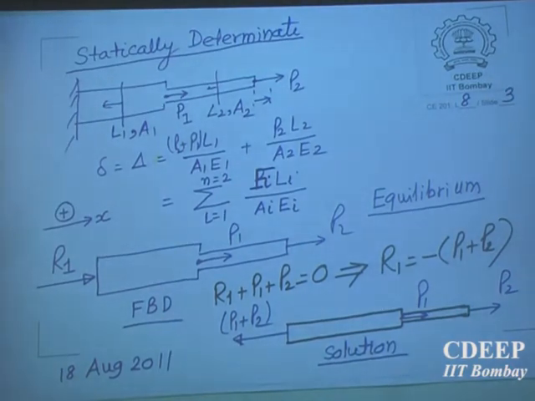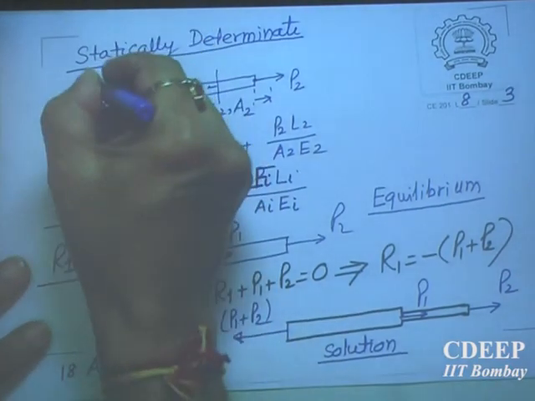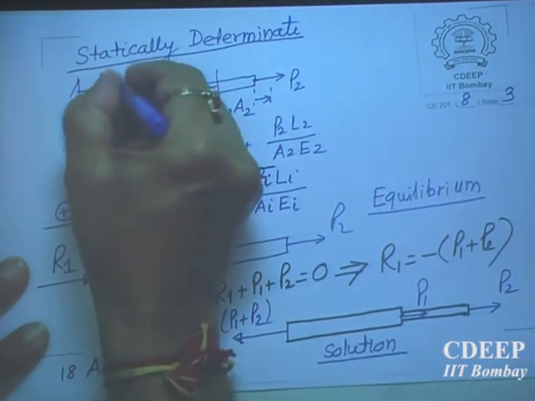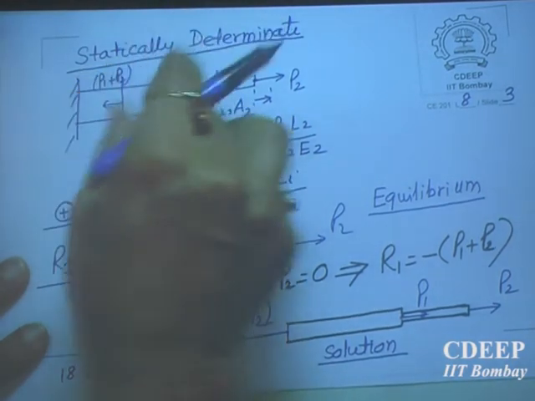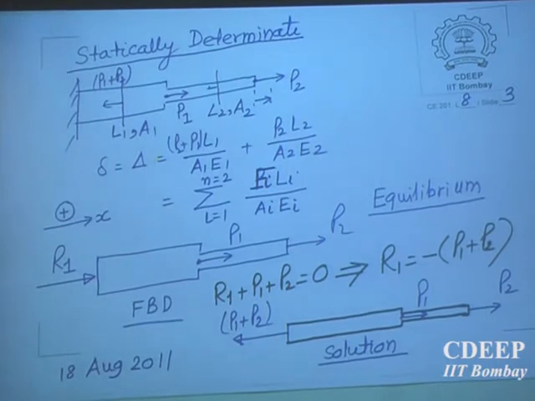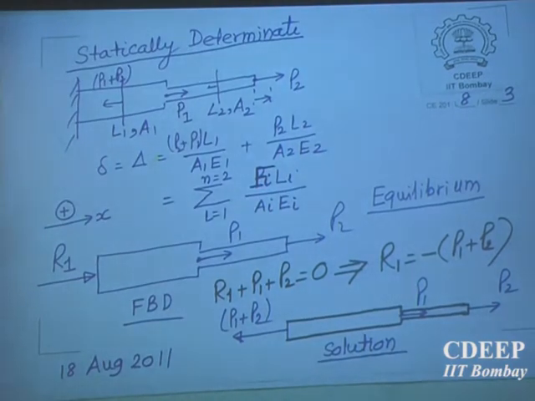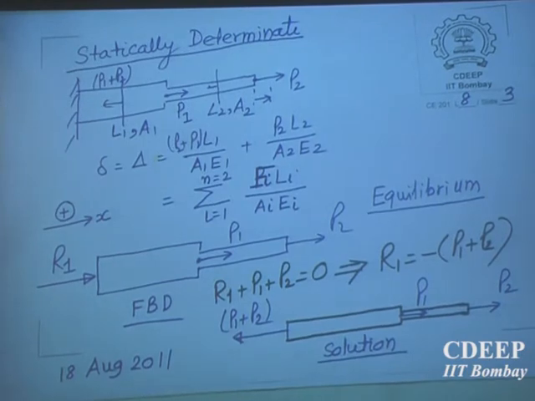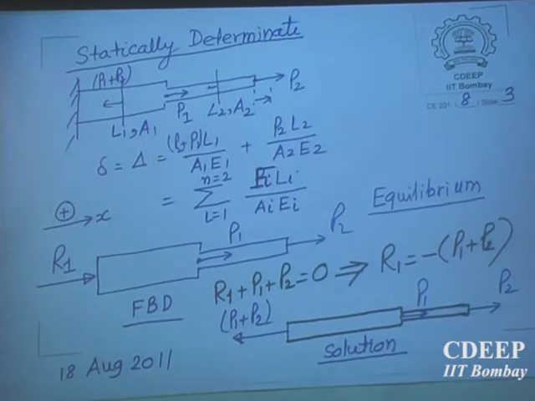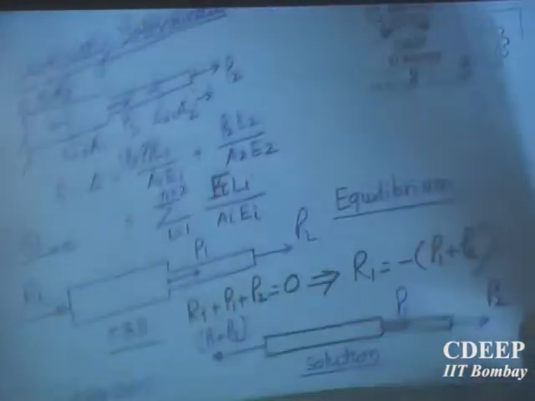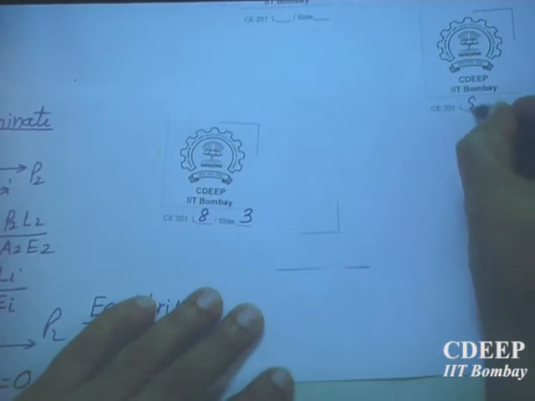So you should have spoken if you saw that I was making a small mistake. So in this section it is P1 plus P2. There it is P1, there it is P2. Okay. So I think we have done statically determinate, and you should be able to solve any statically determinate problem